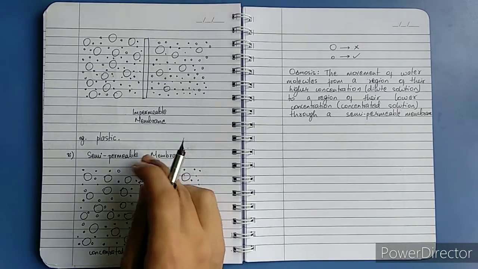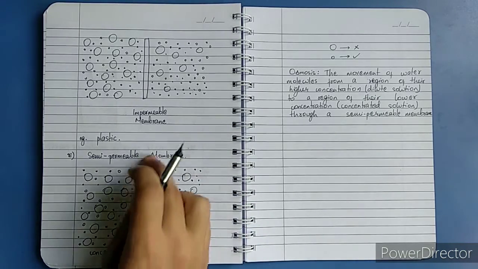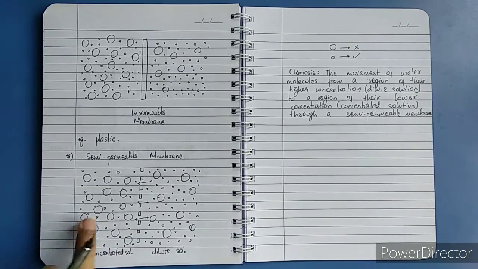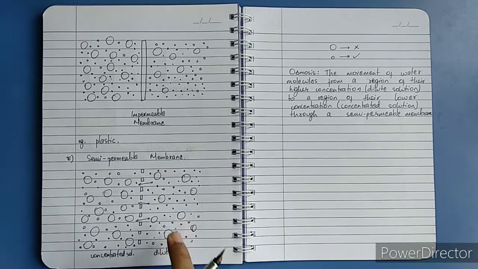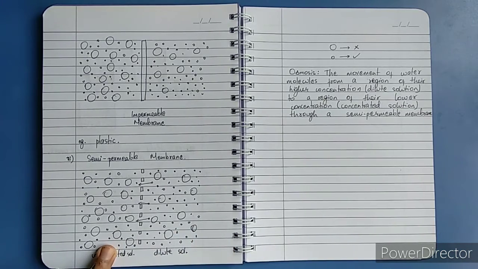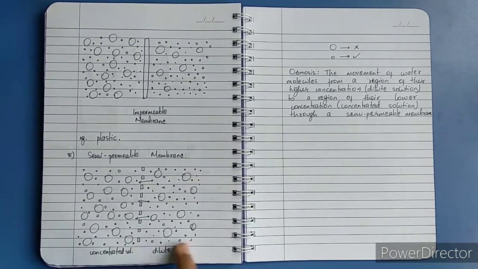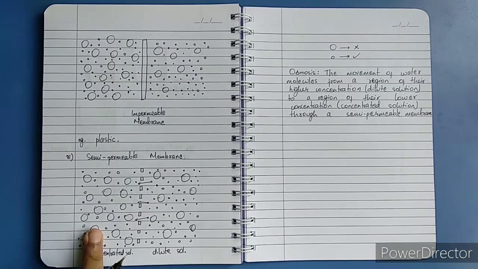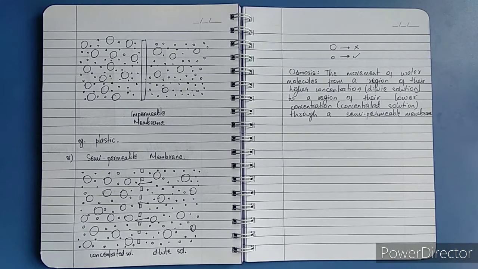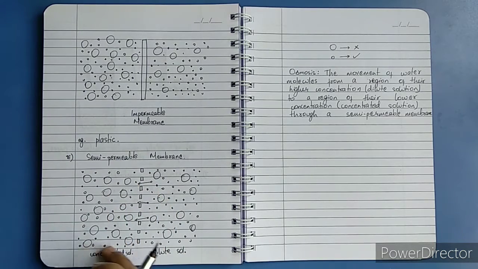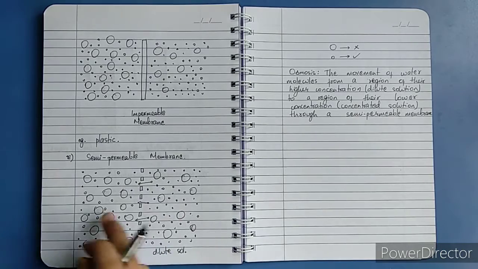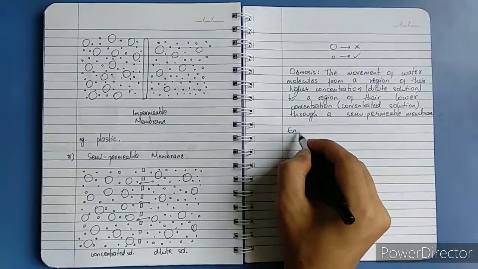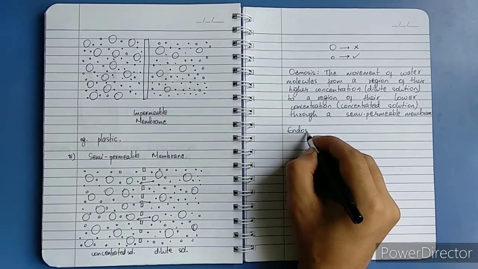Now, suppose this were the cell. What would happen is the outside concentration is higher and the inside concentration is lower. That is, inside is dilute and outside is a concentrated solution. So from the cell, water would go outside, and if water goes outside of a cell, we call that process exoosmosis. And if this were the cell, then water would have come inside. This process is known as endoosmosis. So we define these two terms, endoosmosis,